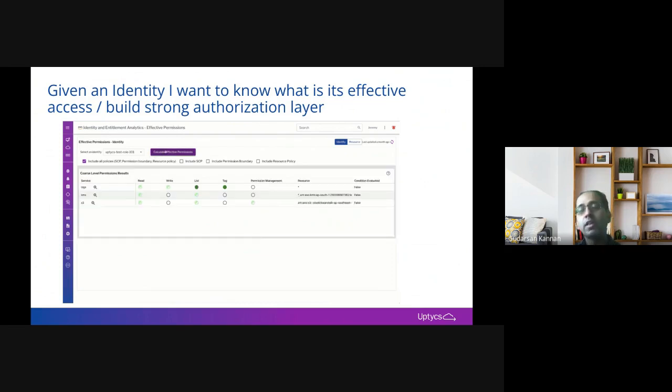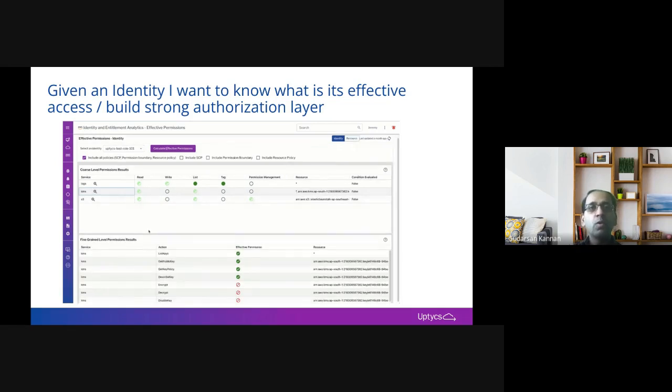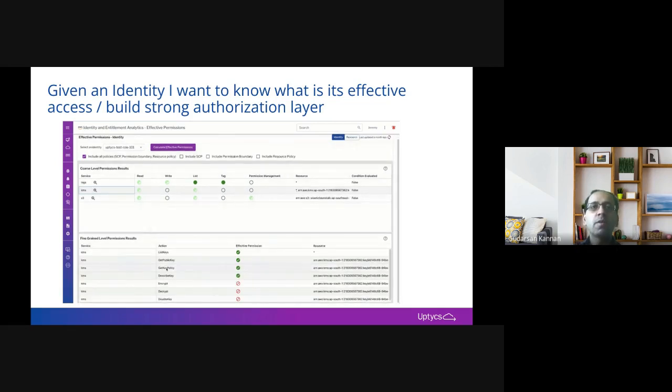Going back to the 40,000 APIs that we talked about in the beginning of the call, we get to the granular level. Every API call, starting with AWS, we have 12,000 API calls. We can tell you, let's say you have 10,000 identities, we can absolutely tell you, of all those 10,000 identities, how many of them can access those 12,000 API calls, right? That's the essence of this here.